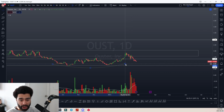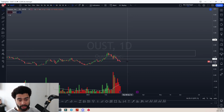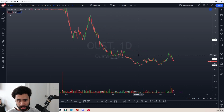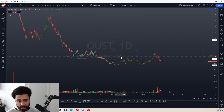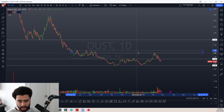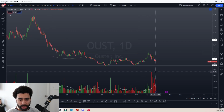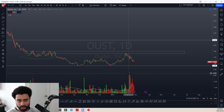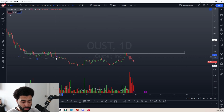So what I'm thinking could potentially be happening here is it's going to go sideways for a little bit longer, where we've had this long downtrend, and now we're going to have this zone here where we could even lift this up a bit, right? Because it's clear now that this is probably more so the zone. It could be going sideways for a lot longer in between these two ranges here,